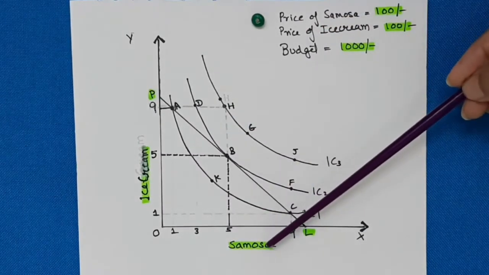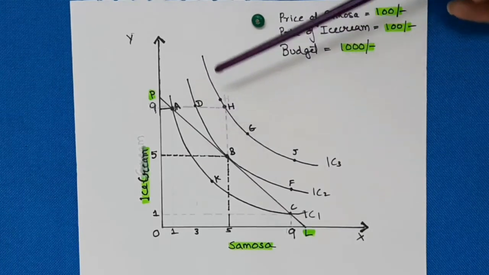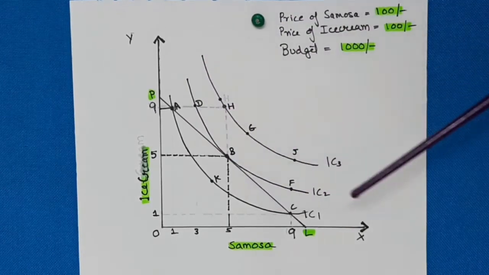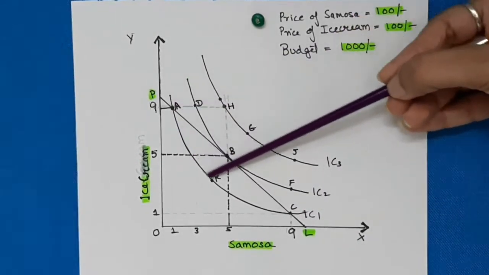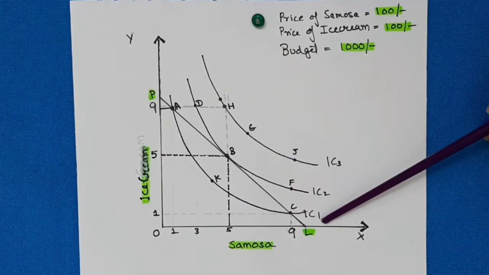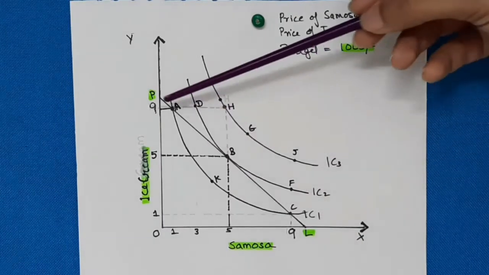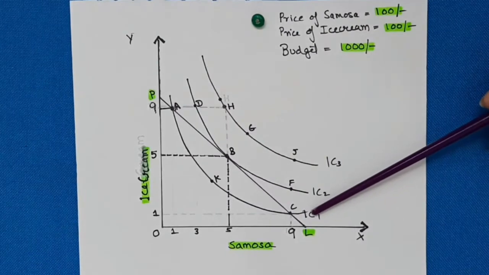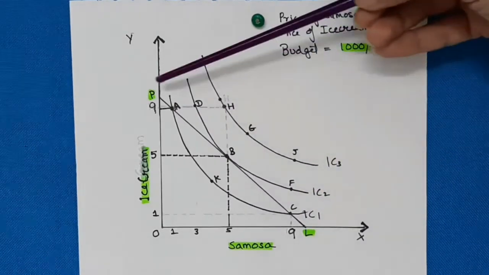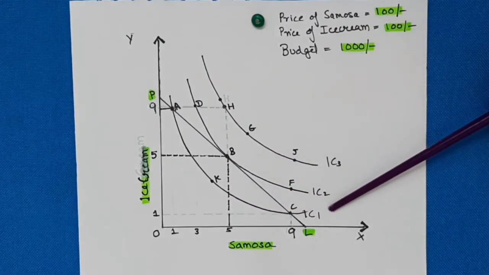What we can see is that there are 3 indifference curves, and these curves represent different levels of satisfaction. So let us first go to IC1. This is a curve which is IC1. That means it is an indifference curve representing some amount of satisfaction, where the consumption of these two goods gives the consumer the same level of satisfaction. The different combinations give the same level of satisfaction, and when we join these combinations we get a curve called the indifference curve.